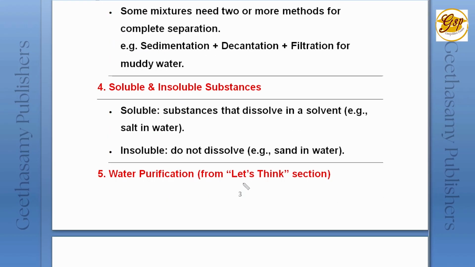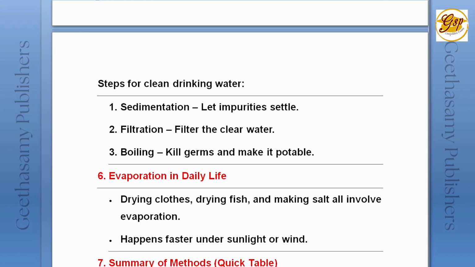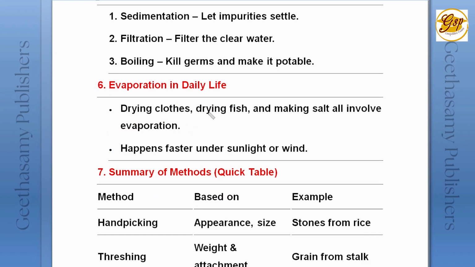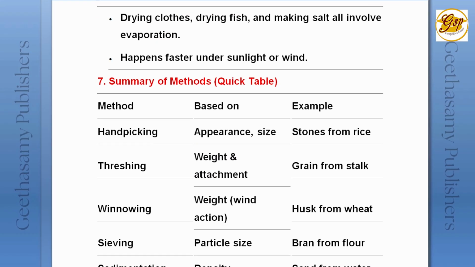Then water purification, let's see this section. How is it done? Steps in getting clean drinking water: sedimentation, let impurities settle; filtration, filter to get clear water; and boiling, kill germs and make it potable. Right? Then evaporation in daily life. Drying clothes, drying fish and making salt all involve evaporation, and it happens faster under sunlight or wind. And summary,